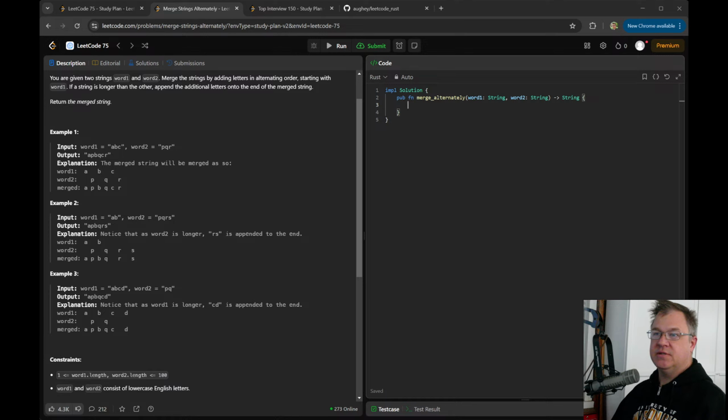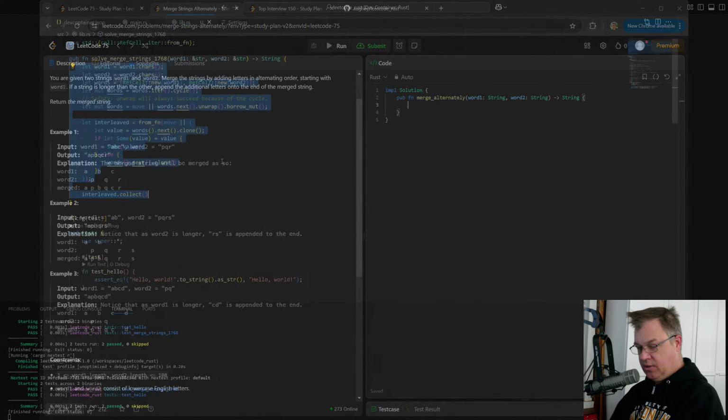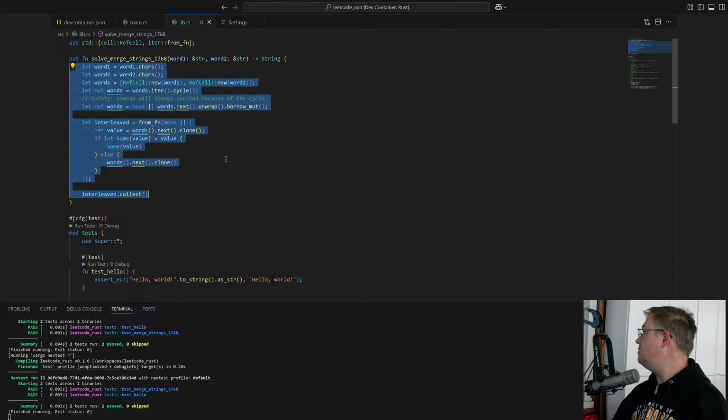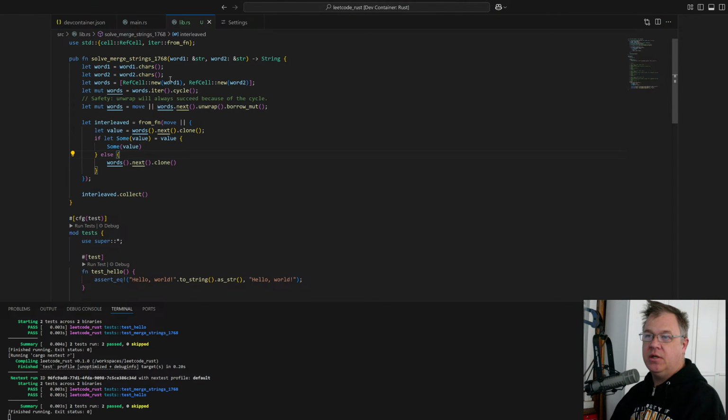So this is solving it purely using iterators. And let's go ahead and go back over to the window. Oh no, I did all that work without you seeing it. I'm sorry. Here's what it looks like.